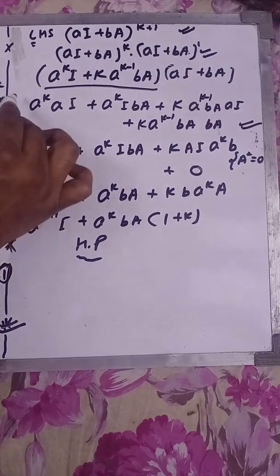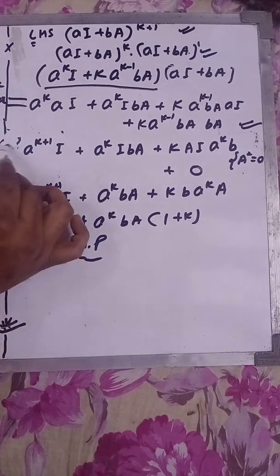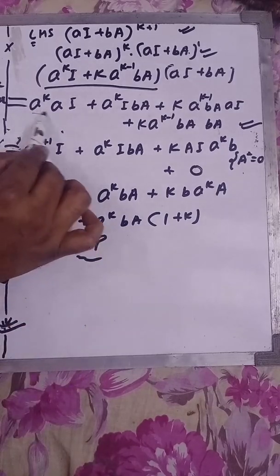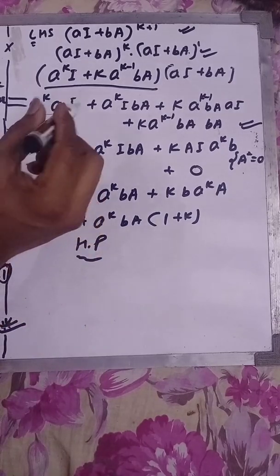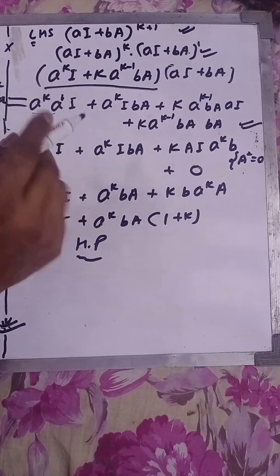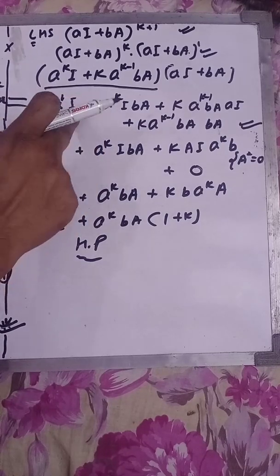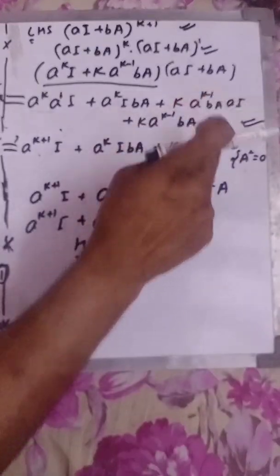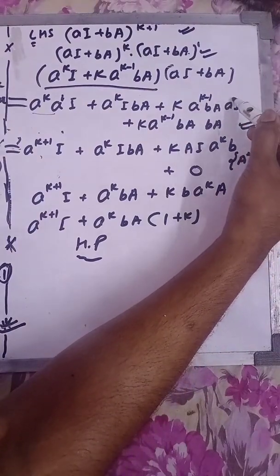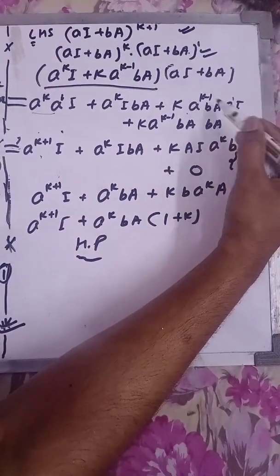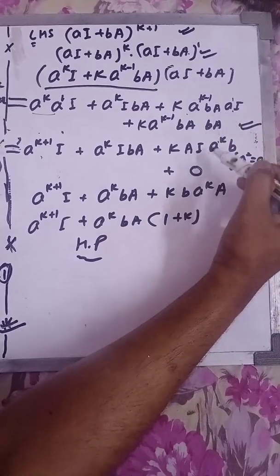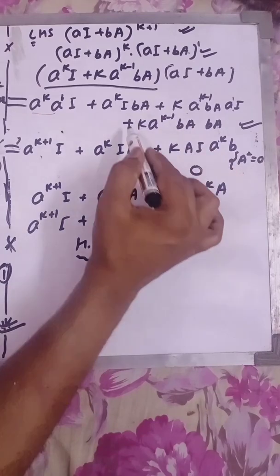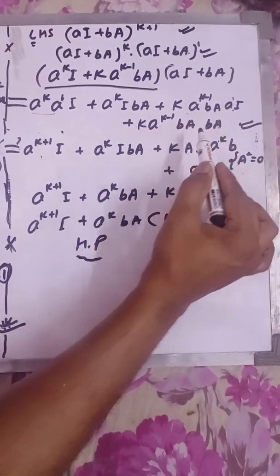Got it? After that, what I am doing, I can write this as this. This is a raised to power 1 here. If the base is the same, you can add the power. It will remain I. It is the same. This is a raised to power 1. When you add these two, you will get a raised to power k, and the same term you will copy. And the last term, plus, here a square is coming.